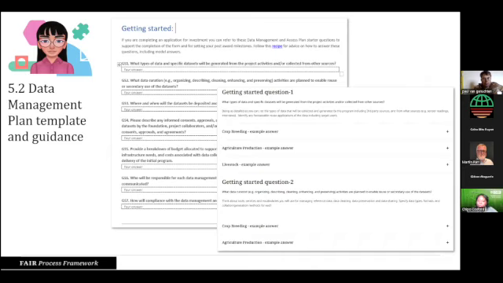Later, as the project progresses, this is a living document. You come back to it, and now you know more, right? You know exactly what data is needed in this project. You might not know exactly at the start, but the more you see what the gaps are, and decide this is what we're going to collect, we update the data management plan. Now we know more about which standards are actually relevant for this work, so we go back and update the metadata section, for example. So this is another tool that you can make use of.